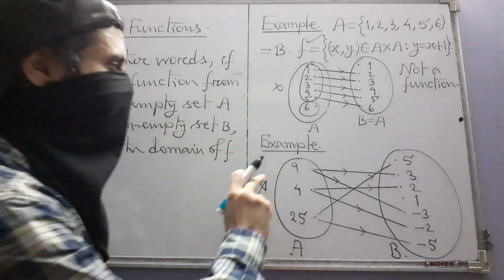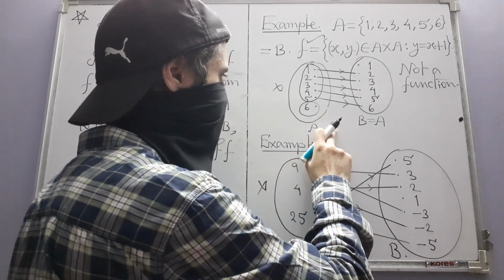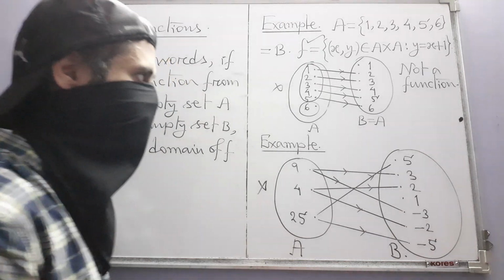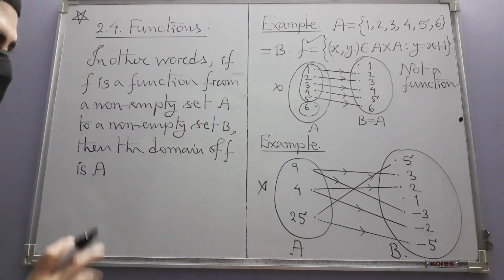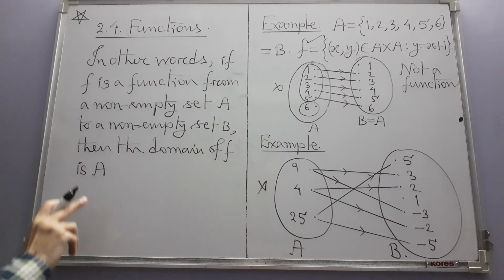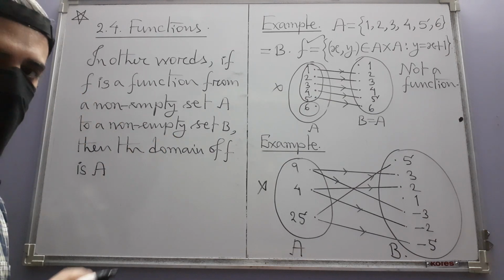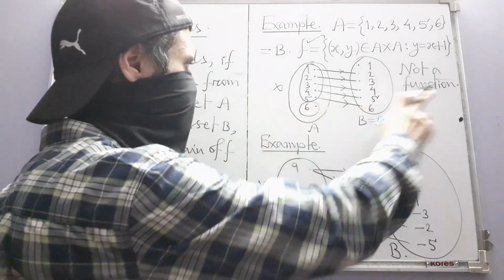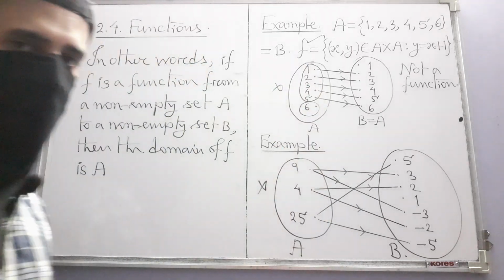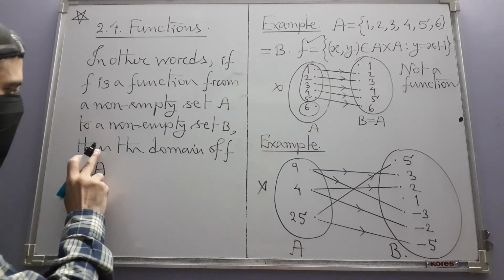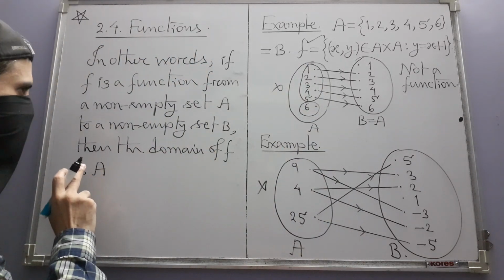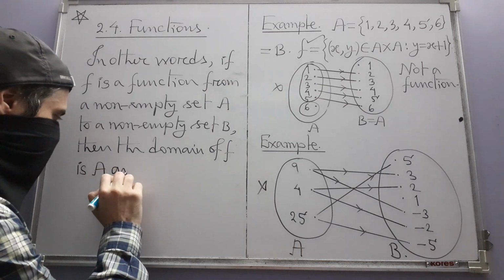We know in general that the domain of a relation is a subset of the first set. That should not be the case. In case of a function, the domain has to be equal to A because the arrows should go out from all the elements. That's why we say that then the domain of f is A and